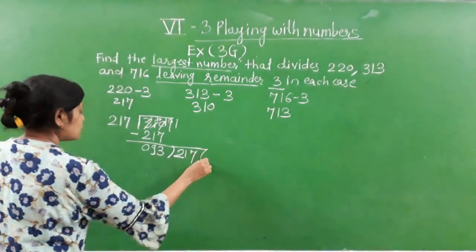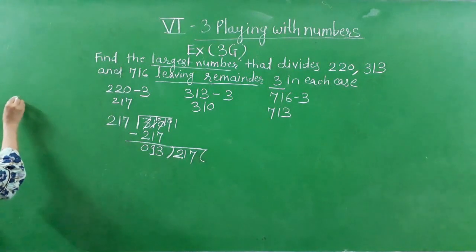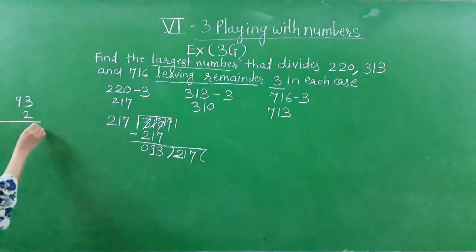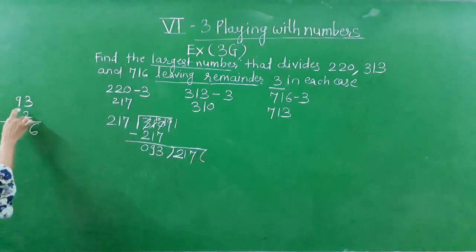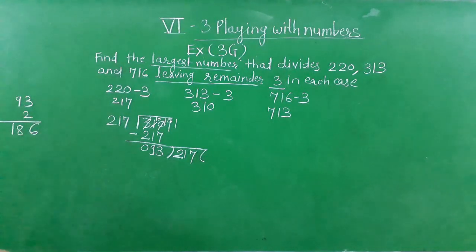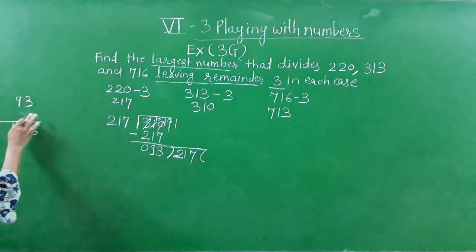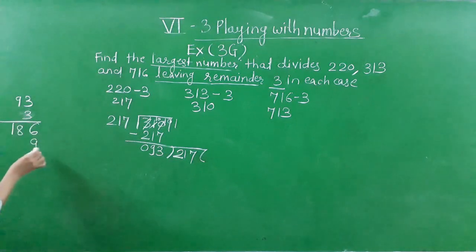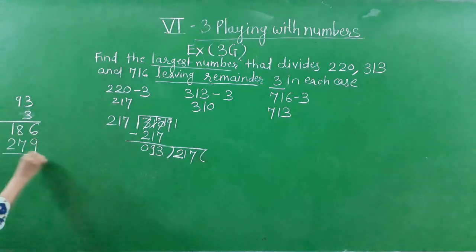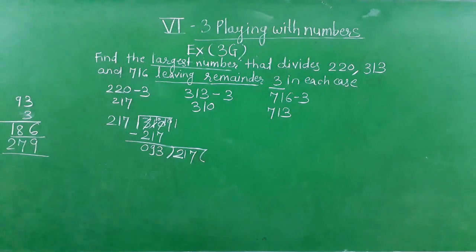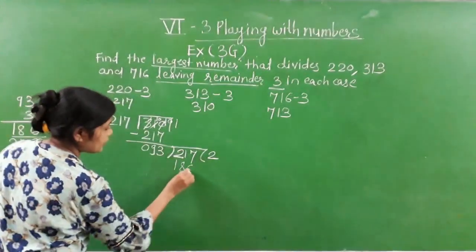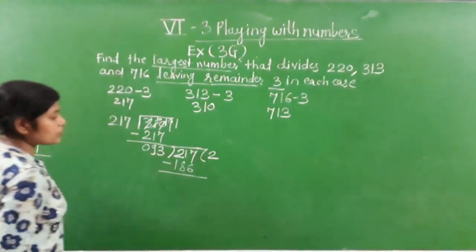Okay. So here what we'll write? That is 93. We'll see 93. 2s are what will we get? 3 2s are 6 and 9 2s are 18. Okay. So this can go, we'll see 3s are 3, 3 3s are 9 and 9 3s are 27. So this number is bigger, so we can take 2s are. So we'll write it here 2s are, that is 186.